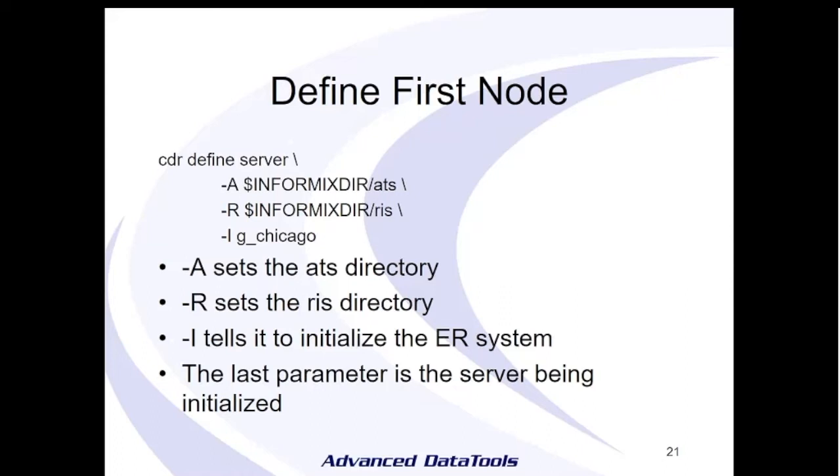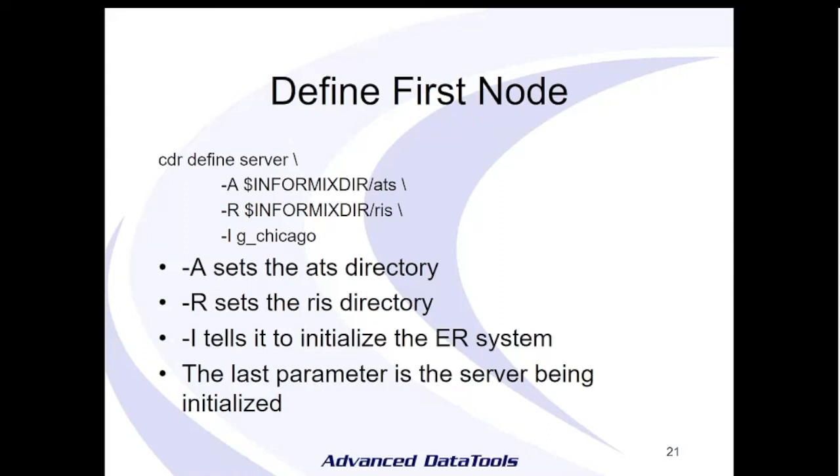So we now are going to go through, and I'm actually going to demonstrate this in just a moment, but I'm going to go through the slide versions first. The first thing we're going to do is set up the primary, the first node on our domain. The syntax for this is CDR define server. Optional, but